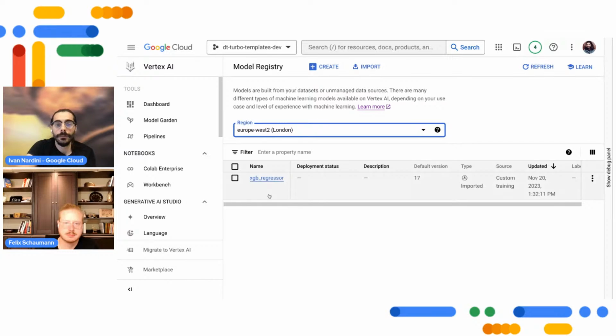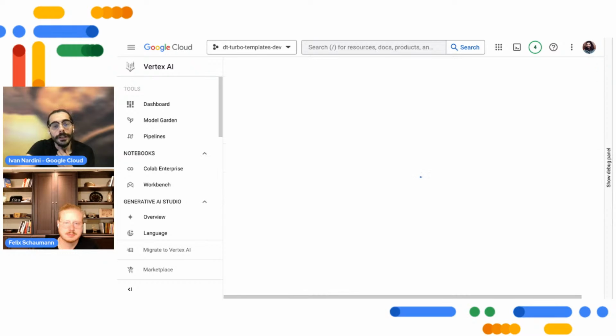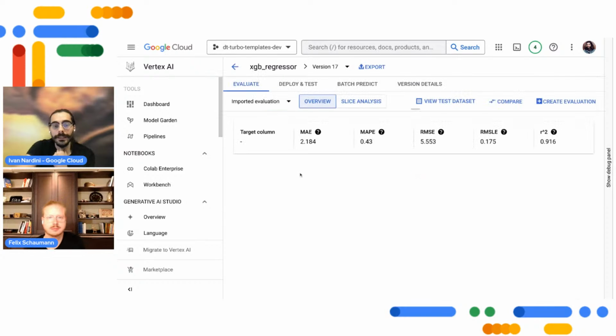And actually, I registered several versions because, for example, I retrained my model. In this case, because Felix and I tested this demo several times during this week, we got 70 versions of the model. And if I click on the latest version, which is the default one,